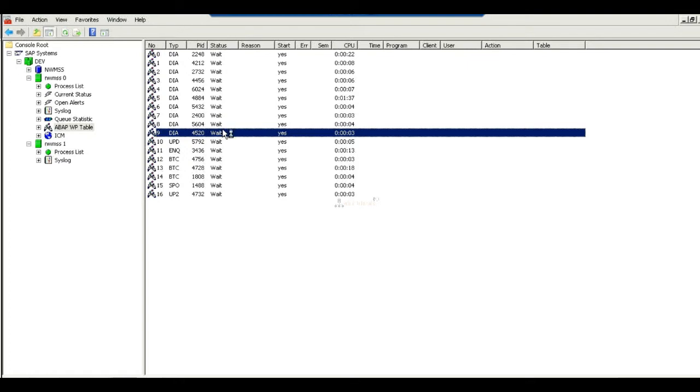How many users will be occupied by one dialog? Only one. Not only one actually. See, whenever you log in, it will not assign a dialog work process. It will not occupy memory. If you have logged in and you are not doing anything, just simply logged in, then it will not assign any memory to your active session.